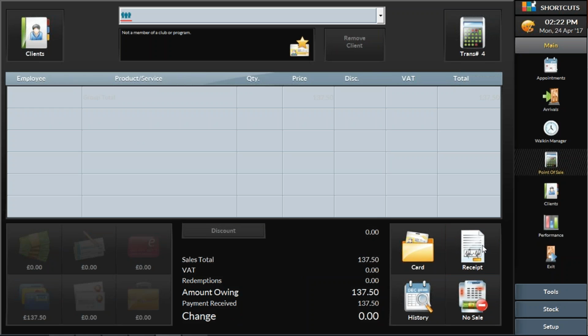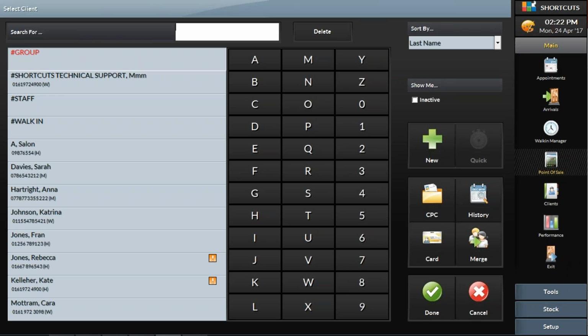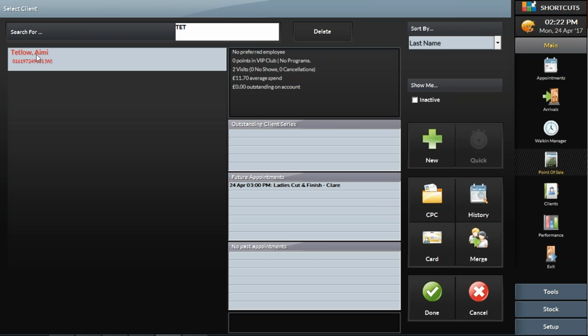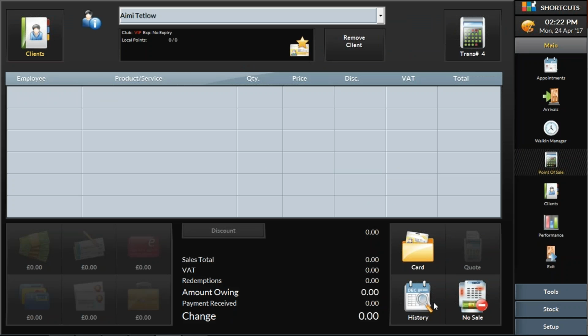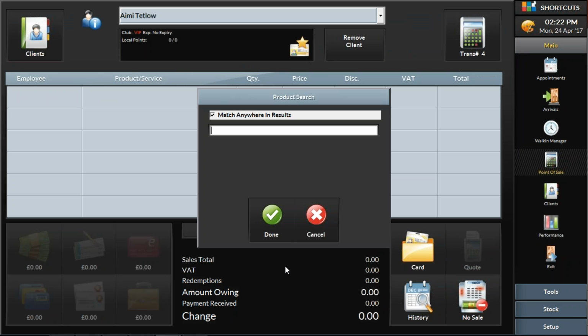So a couple of other things that I wanted to show you today was how you can actually perform refunds and also account payments. First of all, we'll go through refunds. So in the point of sale, if I find the client that I want to refund on the top left hand side, so again, I'll just find myself for today. You can look at their history to see the products that they've purchased in the past and who they purchased the products off. But if I hit done, and if I just use my function F3 button